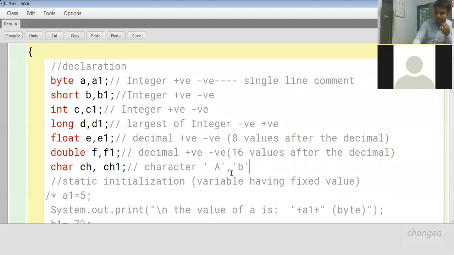You can write any number, 1. The 1 will be treated as a letter, not as a number in this case. So 1 within single quotation becomes a character type. You can also write a negative number, -3. This is also treated as a character data type.